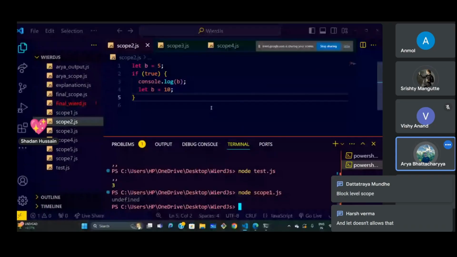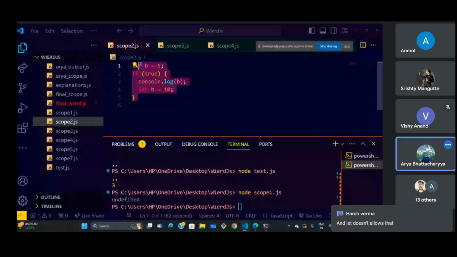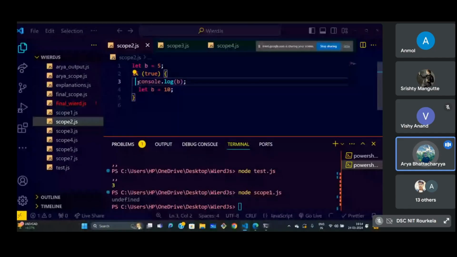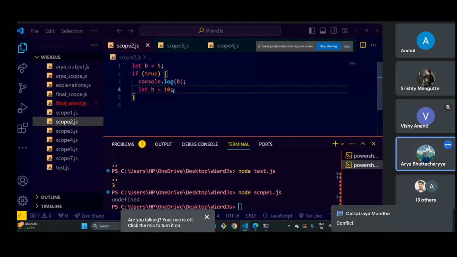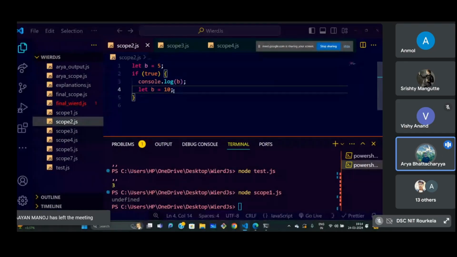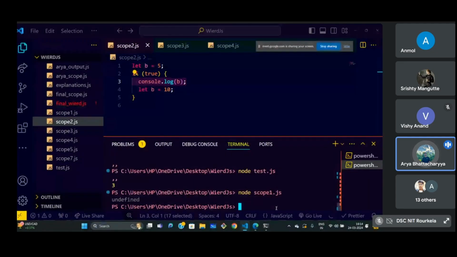Just keep this in mind: wherever the let variable is defined and wherever this reference error happens, because it was not initialized, this creates what is known as the temporal dead zone, or TDZ. In the temporal dead zone the variable is not defined, or it is dead. So if I console log that portion, it will show a reference error. So a reference error in the temporal dead zone is actually the answer.